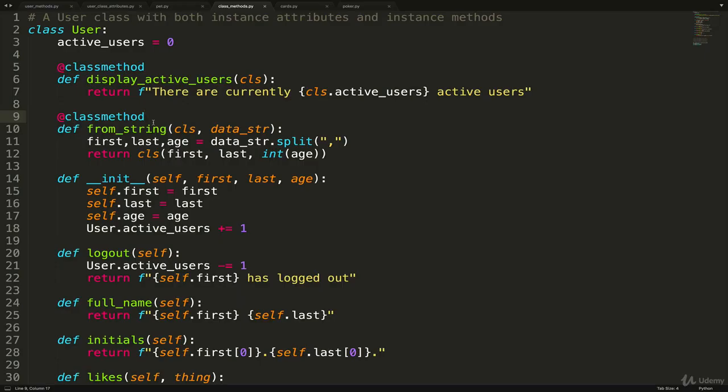All right, so let's wrap this up. We saw class methods in this video. They are methods where first we write the decorator @classmethod to signify the following method is a class method. Automatically, when we call the method, the class itself, User, is passed in. So we want to name this parameter something that makes sense. So cls is the standard.